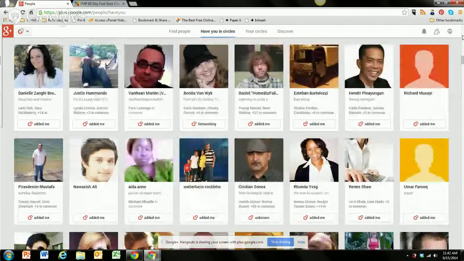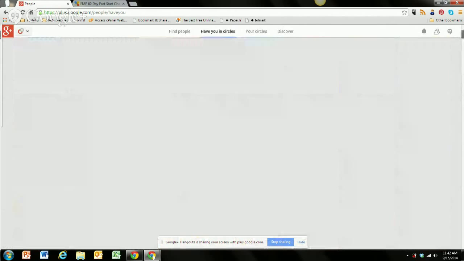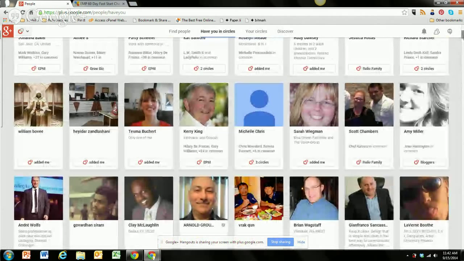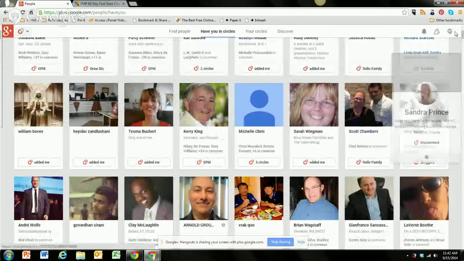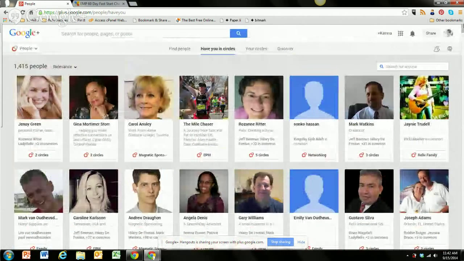You also have the ability, if you have them in here and you don't want them, to just uncircle them and they're gone. You also have the ability to ban people, so if you get some inappropriate comments and you want to move people off your site, you can ban people from commenting or posting or anything else like that, and you can do it in one click of a button. It's aggressive, but it is something I've seen people do.